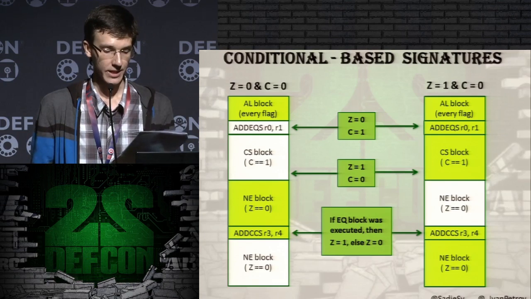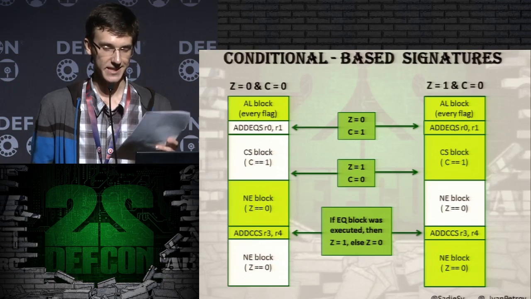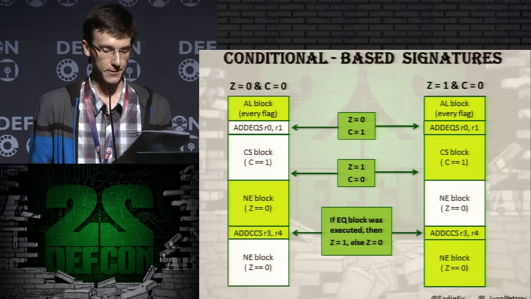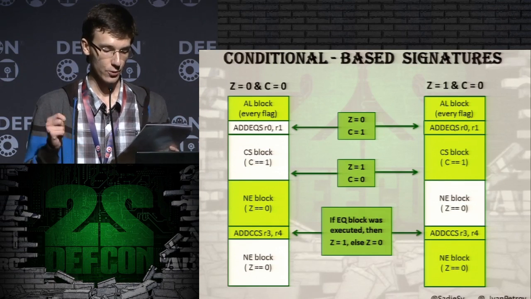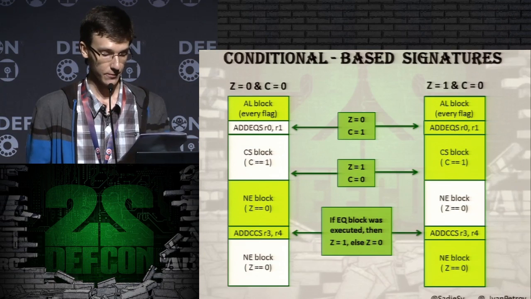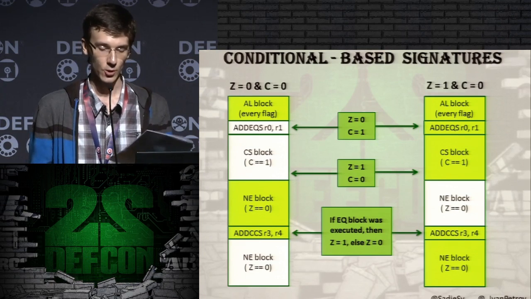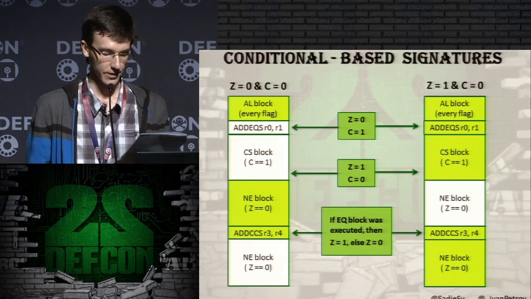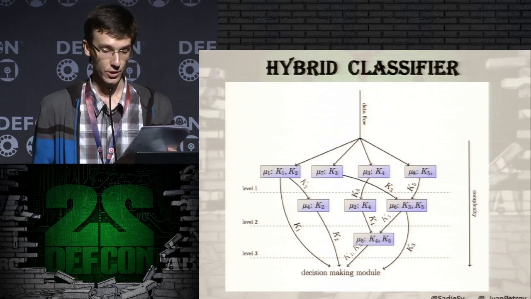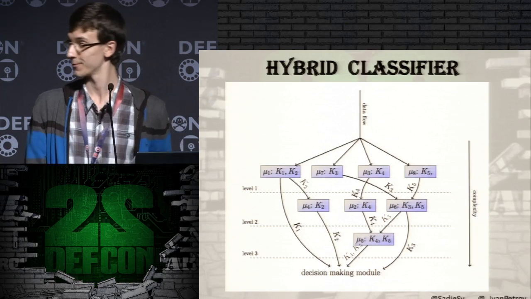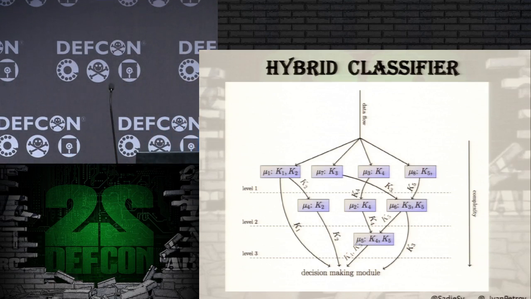This example means that we can't know what initial values of the flags register to use at the start of the emulation. So, we should emulate the same code 15 times, because we have 15 conditions in the ARM architecture. And if we want to use only the dynamic detectors, we should emulate the same code from every offset, because shellcode can be anywhere in the analyzed data. And that affects the performance of detection. So, if we want to wisely use all these features together, we should make the hybrid classifier.